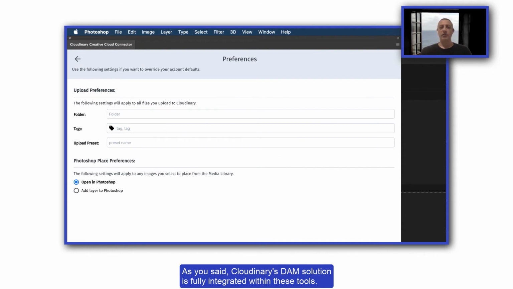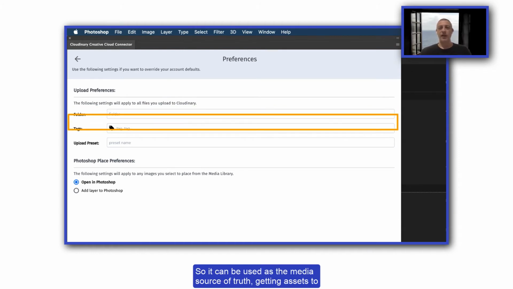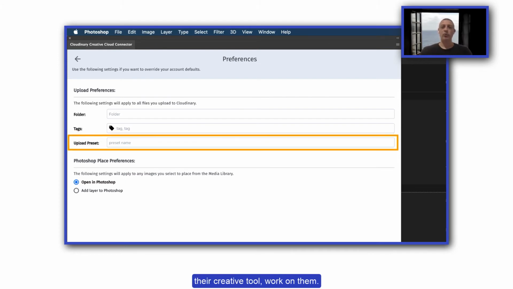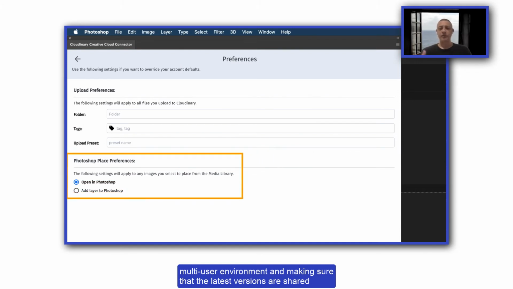As you said, Cloudinary's DAM solution is fully integrated within these tools, so it can be used as the media source of truth, getting assets to the creative tool, work on them there, have the finalized version being uploaded back to the DAM, to the multi-user environment, and making sure that the latest versions are shared between all of the users, and everything without the need to switch between tools, to leave the creative tool, and so on.